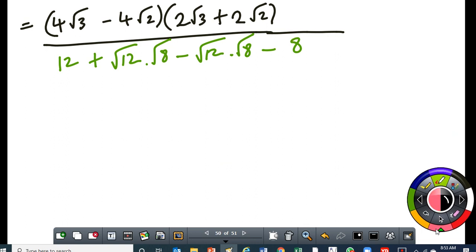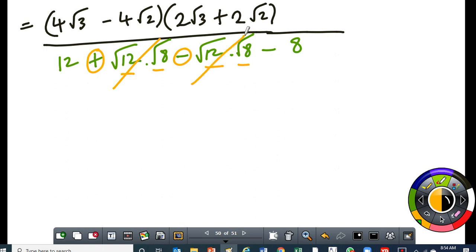Now check this. The denominator, because of this plus and that minus, this part is the same, that part is the same. That's square root of 8, that's square root of 8. These two are going to cancel out. Okay? Because they are like terms. So when they cancel out,